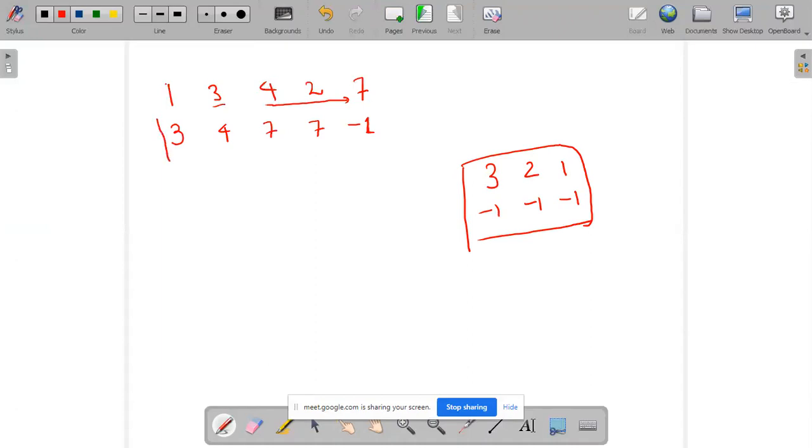I need to write the next greater number. How can we solve this problem? Think about it.